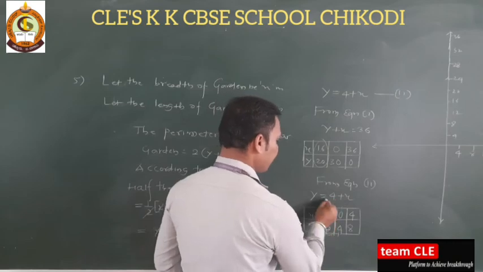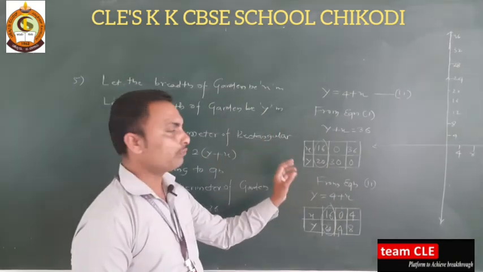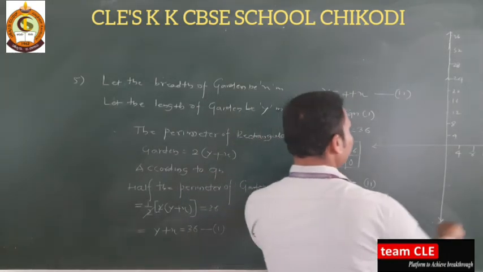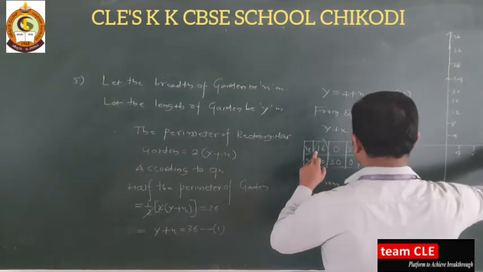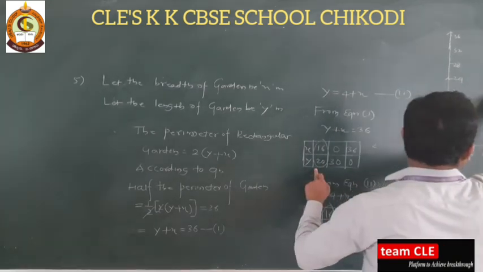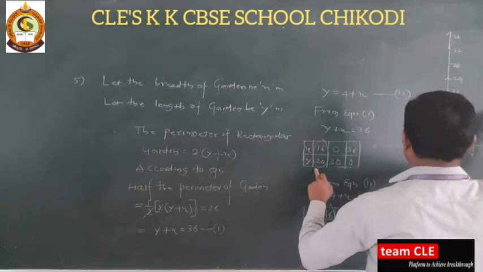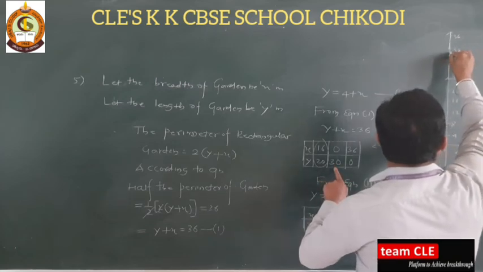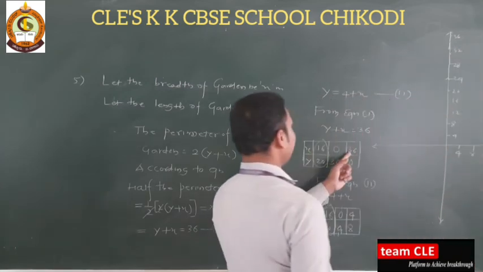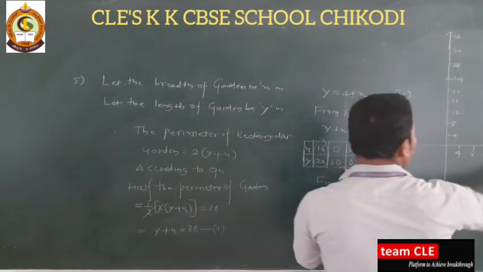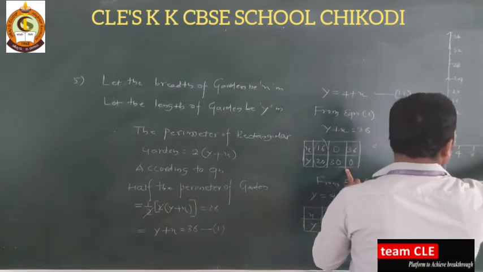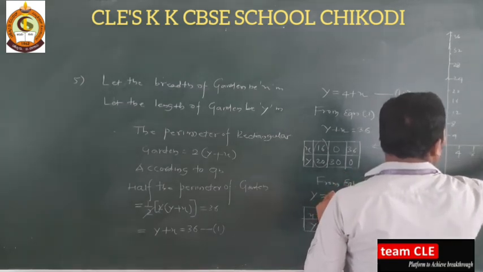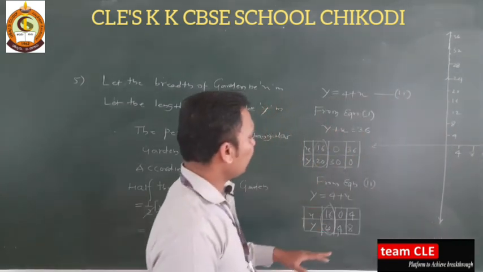Okay, now you can see we already got the values. This is 16 and 20, it will intersect at the point 16 and 20. So x is equal to 16, y is 20, that means this point will come here. Next, x is 0 and y is 30, it will come here. And again x is 36, y is 0, so on the x axis 36 and 0 you will get a point somewhere here. Two points are enough.